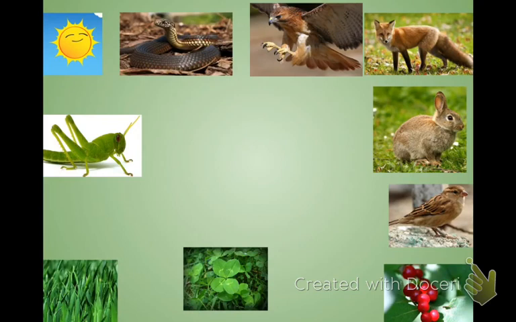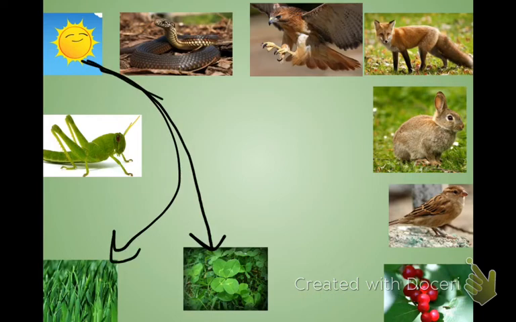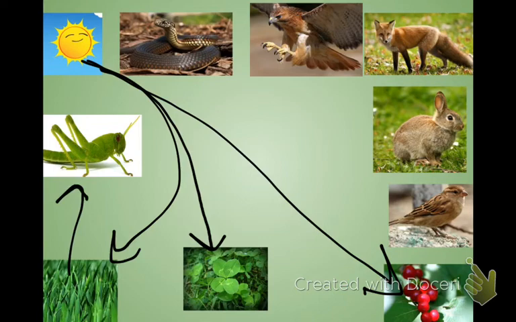Okay, so if you're looking at this, the easiest way to turn it into a food web, in my opinion, is to kind of just space things out in a circle or in 2 rows. So we're going to start with the sun. The energy from the sun will go to the clover, it will go to the grass, and the energy from the sun will go to the berries. The energy from the grass is going to go to the grasshopper. Now let's stop and ask, is the energy from the grass going to go to anything else? Well, I'm going to say no.